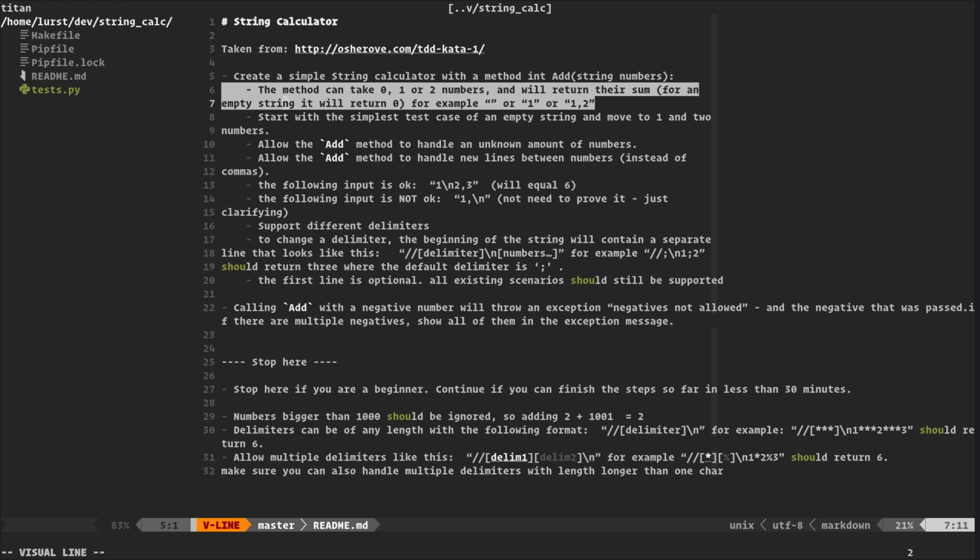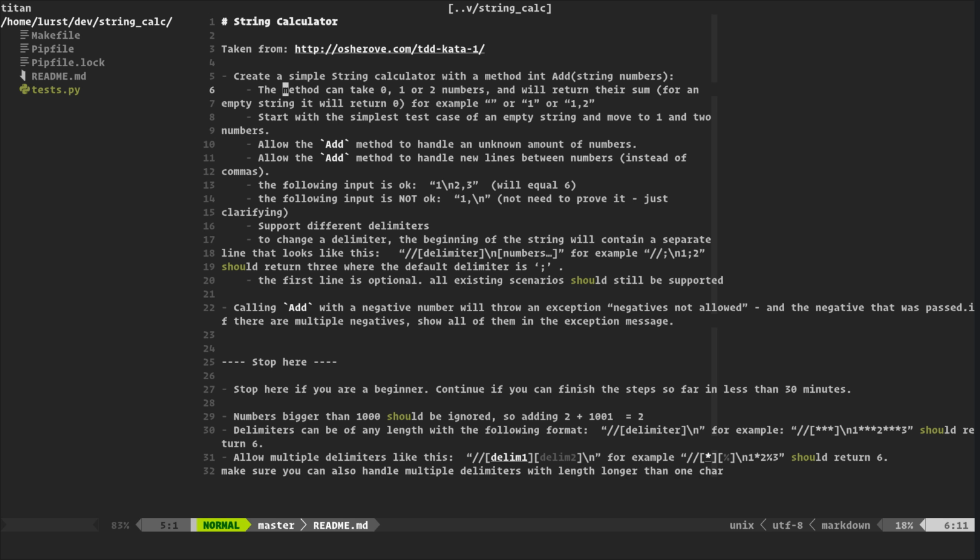The method can take 0, 1, or 2 numbers, and will return their sum. For an empty string, it will return 0. For example, empty string or 1,2. So I'm guessing, like I read this before, the values are comma separated.